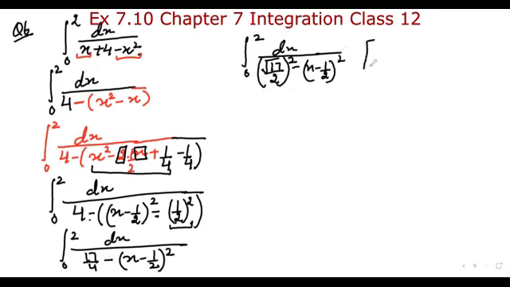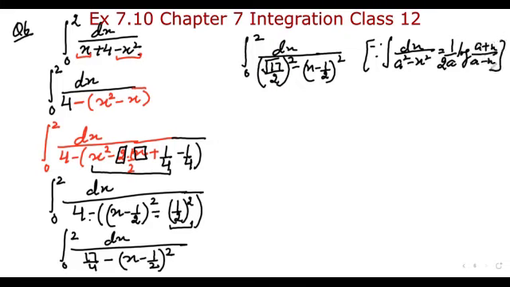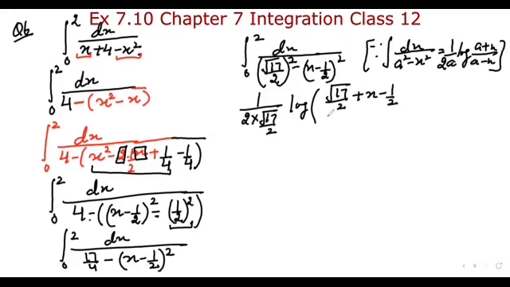In Exercise 7.4 we have done many formulas, and one of them was integral of dx upon a square minus x square. The formula was 1/2a log of a plus x upon a minus x. So we will apply this formula here. This will be 1/2a, where a is root 17/2, log of a plus x upon a